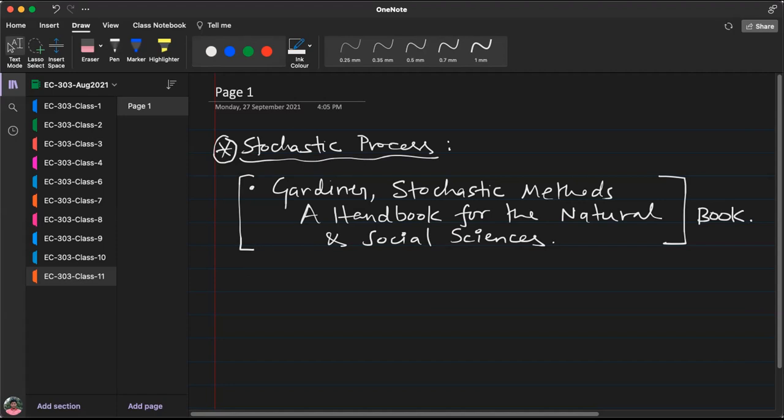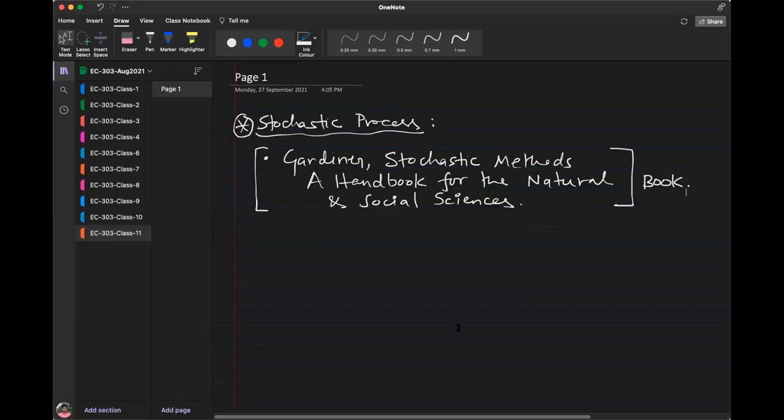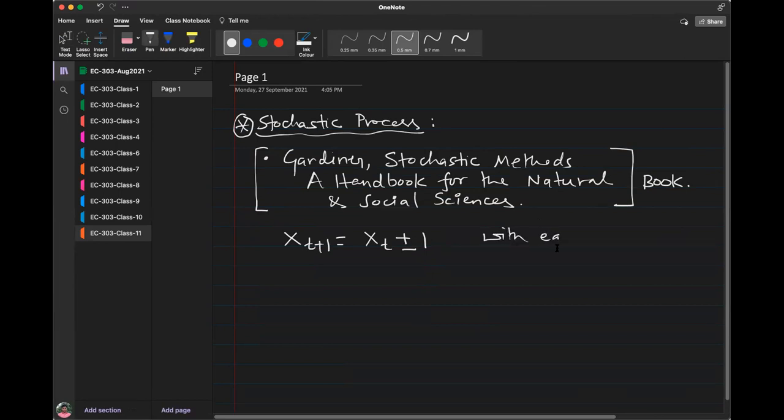So what we do in the class will be more about how we use them. Therefore, I'm going to ignore, and will not be able to cover, many things in a more rigorous way. Okay, so with that caveat, let me now move forward. So we learned random walk, discrete time random walk. This was the example of discrete time random walk, where an individual moves one step ahead or one step backward with equal probability, right? Okay, this was the process we learned.